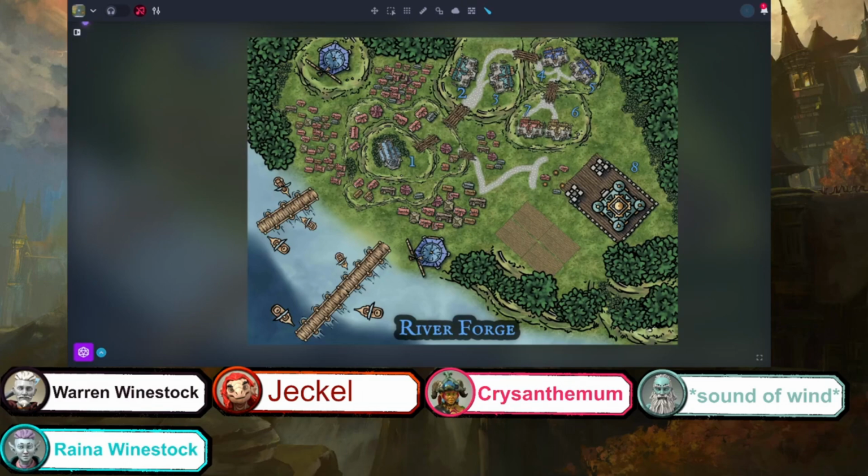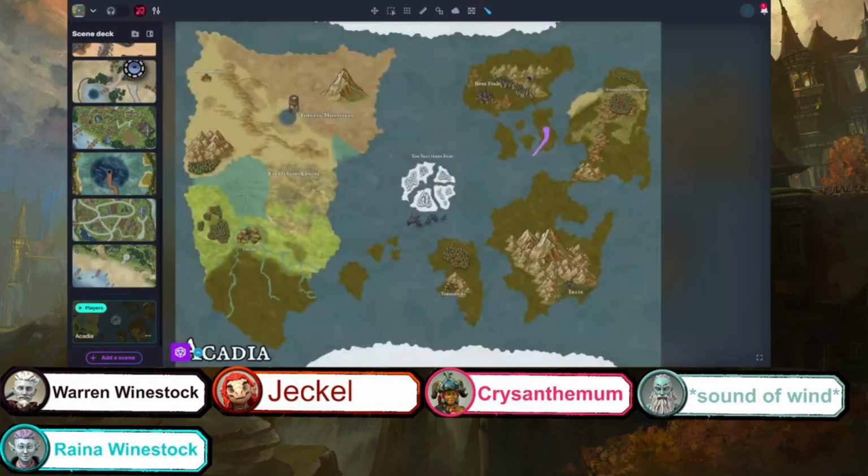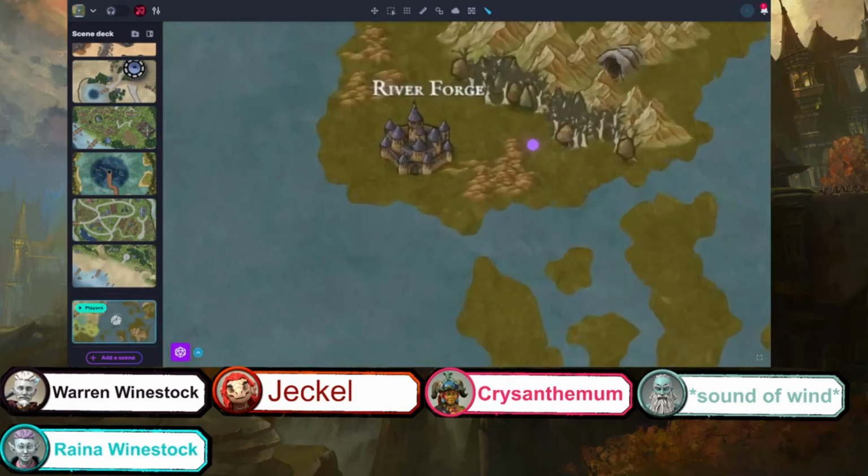Let me go back to the world map and show you guys a little bit. There are some hilly lands where some nomadic orcish tribes rule nearby over here, and they extend up into the foothills of this mountain.